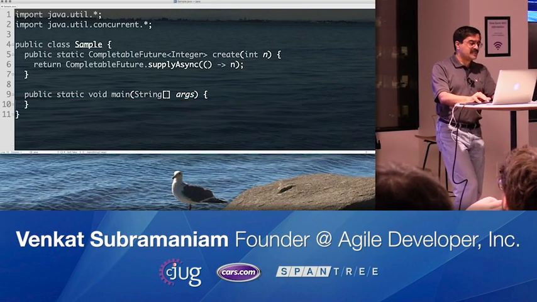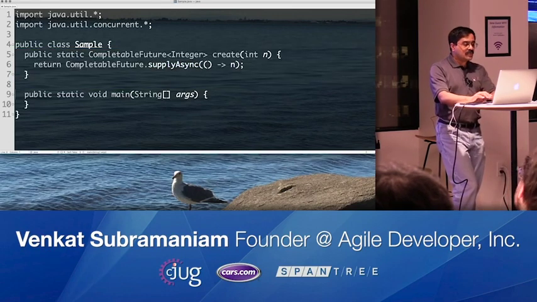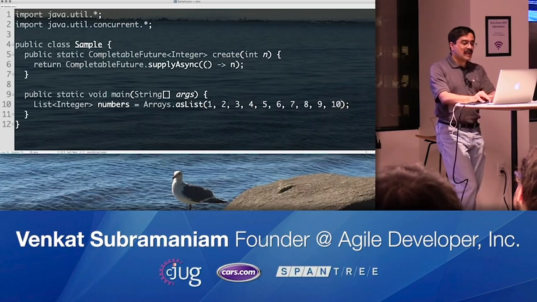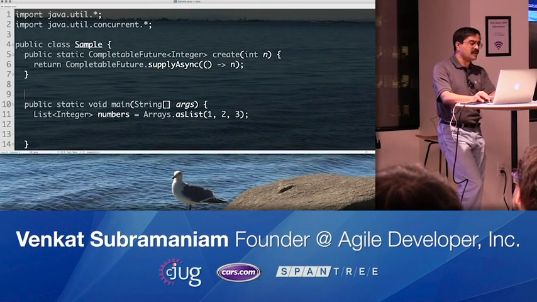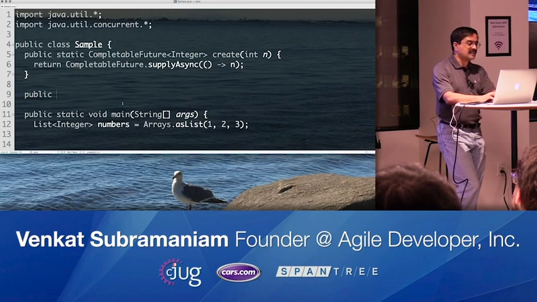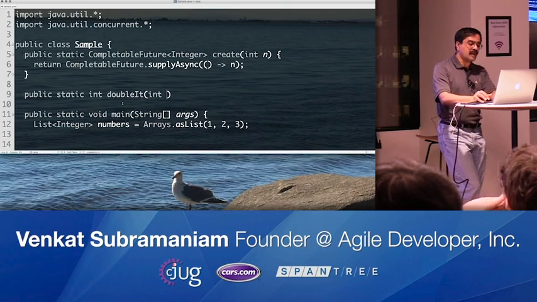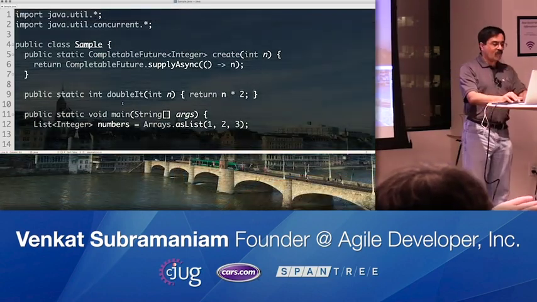Well, before we answer that question, let's take a slight detour and come back to it. So the detour here is, let's go to streams for 1 minute. Let's take an example of a bunch of numbers, if you will, and given these numbers, let's just do a very simple piece of work here. I'm going to take a function, and the function here is going to be public static int doubleIt, and this takes a number n, and all it's going to do is return n times 2. A little silly example.